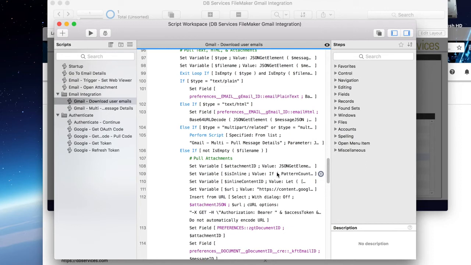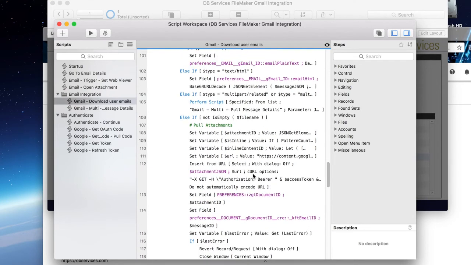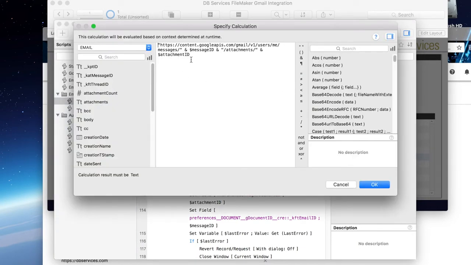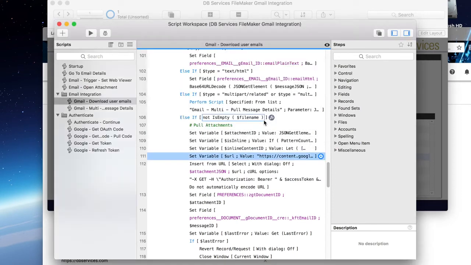The third step that you would have to do is for attachments. It doesn't give you the attachment file itself in this call where it gives you the message information. It just gives you an attachment ID. So once you get to an attachment, you then have to do another call that pulls the attachment information based on the attachment ID given. You have to use the message ID that you're pulling it from, and then also you give it the attachment ID. And so once you get that, it'll pull it in.